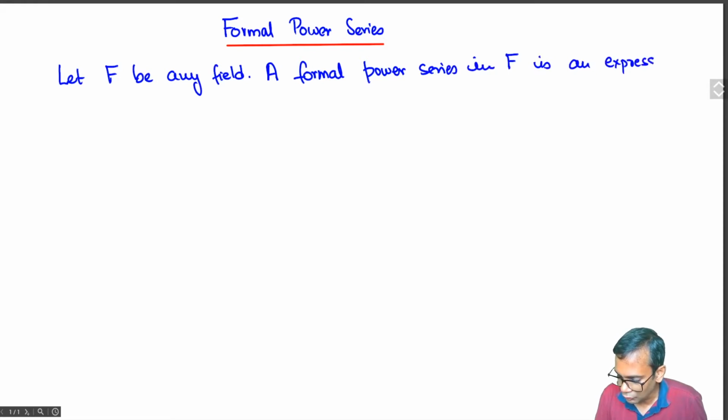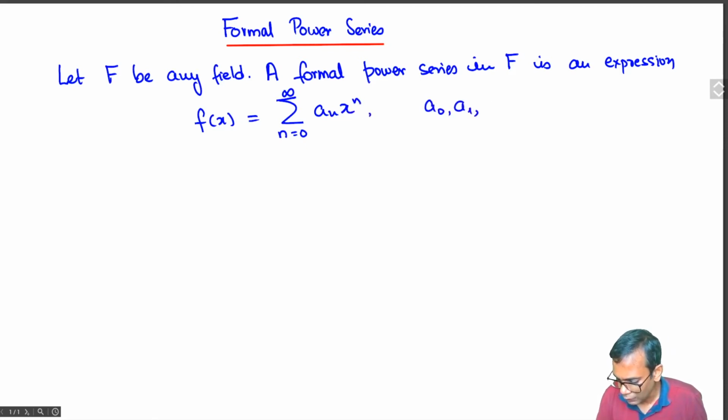Then a formal power series in F is just an expression of the form f of x equals summation n equal to 0 to infinity a_n x to the n, where these coefficients a0, a1, a2 are all elements of the field F. You should not think of this f as a function, because if we take a field like a finite field